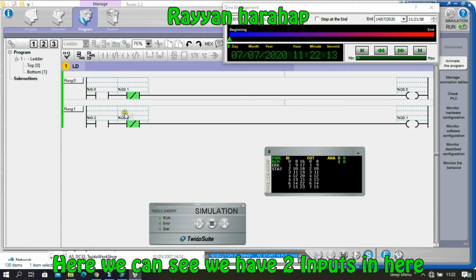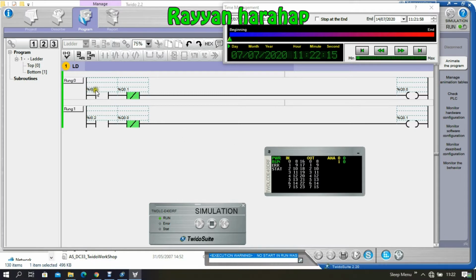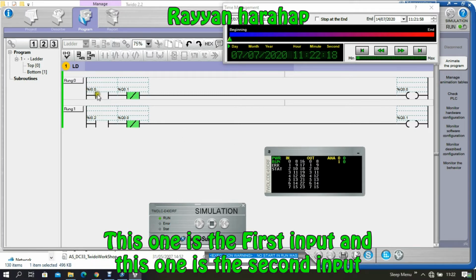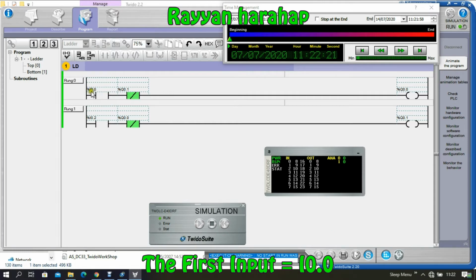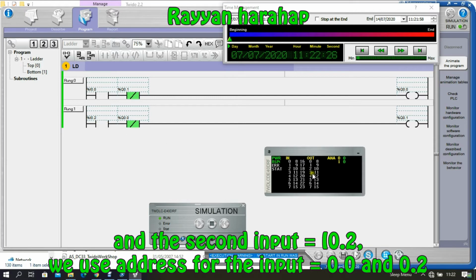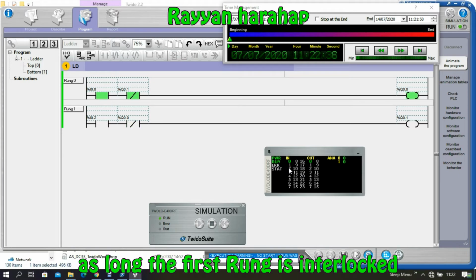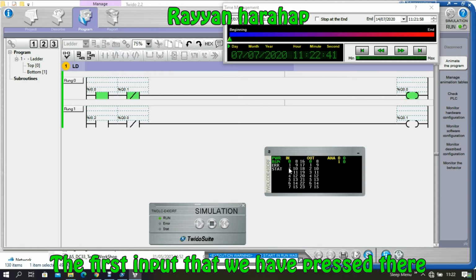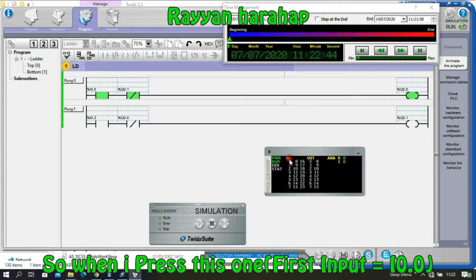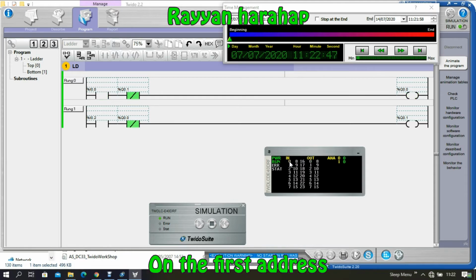Here you can see we have two inputs in here. This is the first input, this is the second input. The first input is input 0.0, this in here, and 0.2. We use 0 and 2 here connected to the input controller in here. In a locking program, you know that it will lock the first input that we have pressed. So when I press this one, the first input is on the first address. It is on 0.0. When I click on it,